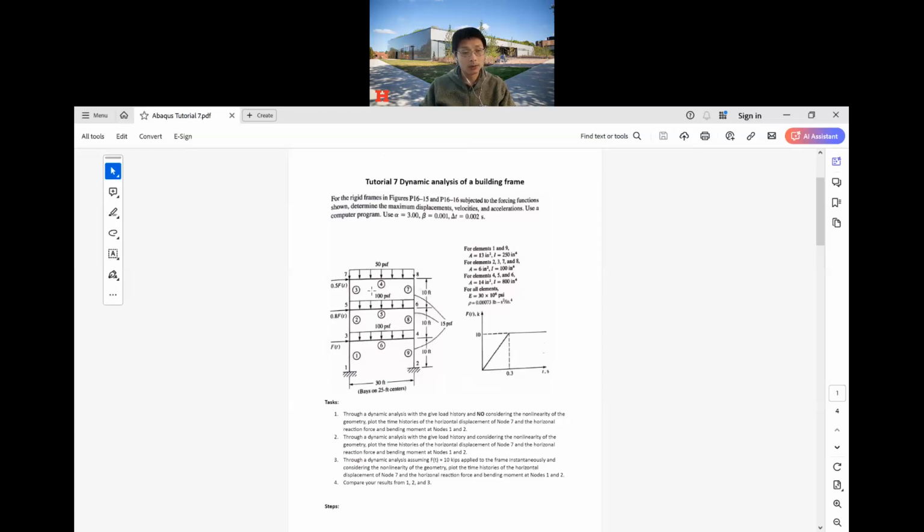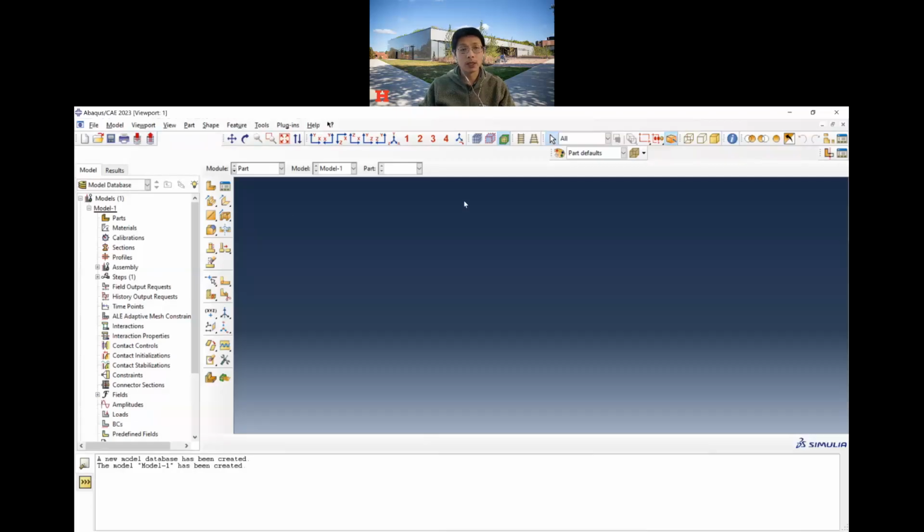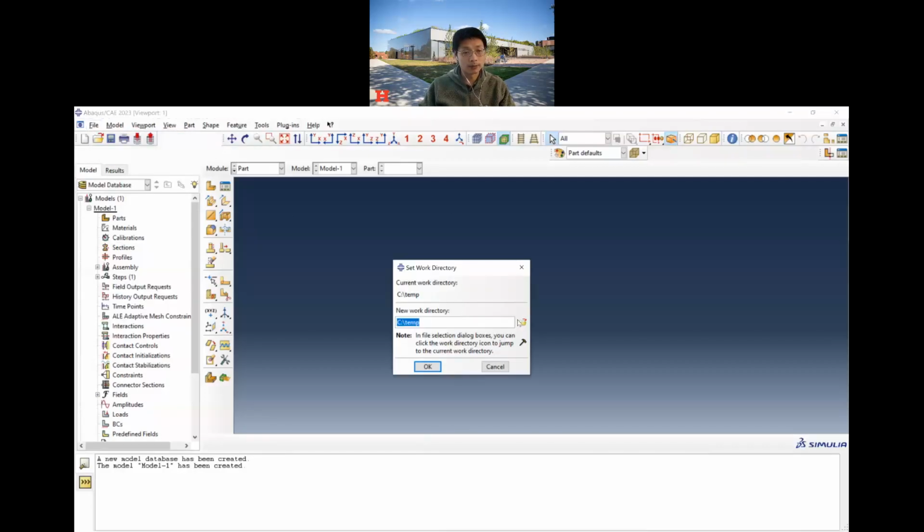Now let's see how we can create the model. Creating the model would be easy. We create a geometry. We have different beam information over here, and we have the density and the modulus of elasticity here. So here we open Abaqus and we change the